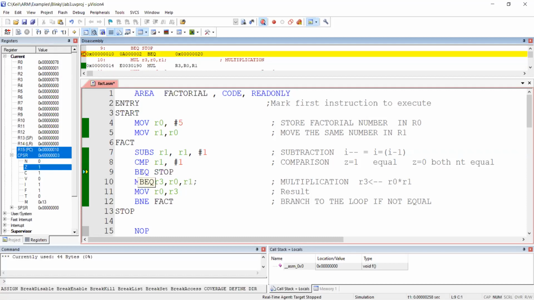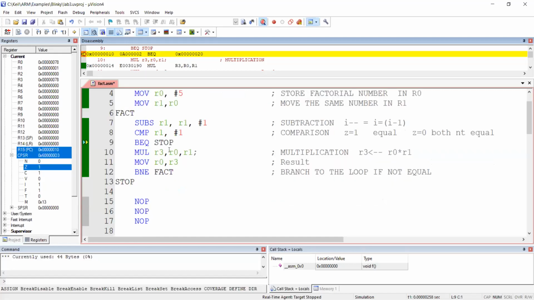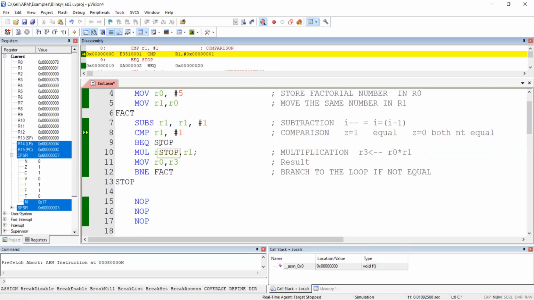So what is line number 9 expecting? Line number 9 is expecting R1 and 1 equal. Are they equal? Yes. So if equal, where will it jump to? Stop. So stop is line number 13. There is no opcode at 13, the 14th line is empty. So what is the 15th line? No operation. You can see the program counter is moving to no operation. That finishes your program. Hope it is clear now.